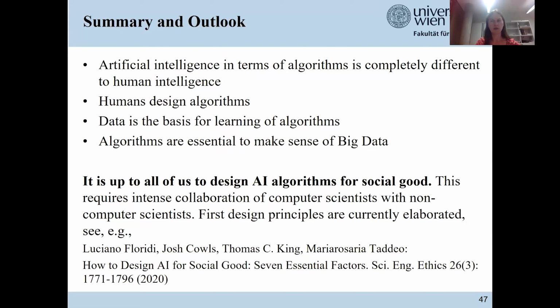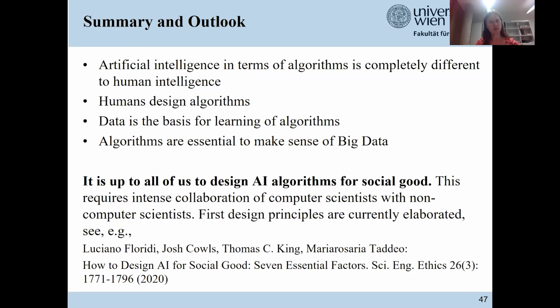Therefore, I also accepted this invitation because I'm very much interested to tell people who are non-computer scientists, to give them a basic understanding of what algorithms can do and what they can't do, because I think many issues are due to misunderstanding.